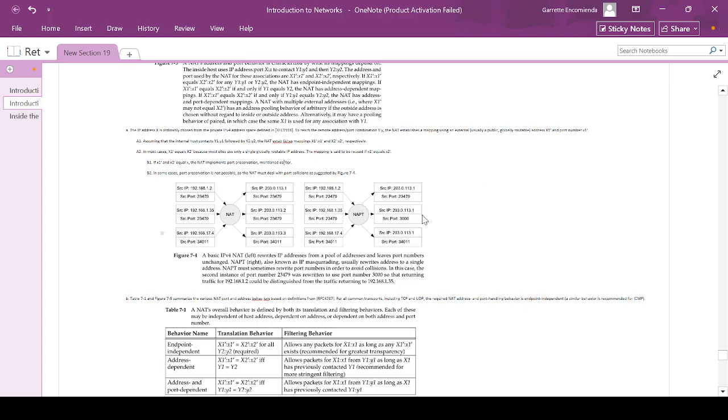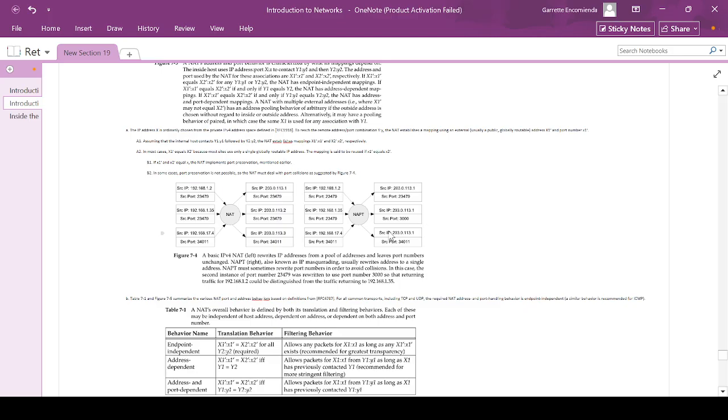However, on the right side, it's not possible. NAPT must sometimes rewrite port numbers in order to avoid collisions. In this case, the second instance of port number 23479 was rewritten to use port number 3000 so that returning traffic for 192.168.1.2 could be distinguished from the traffic returning to